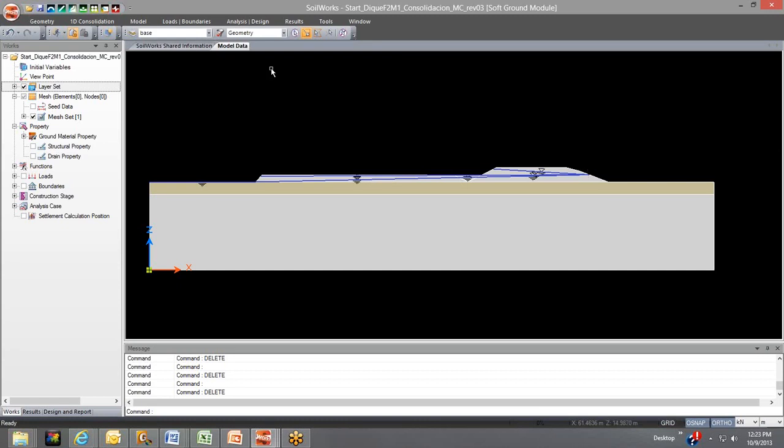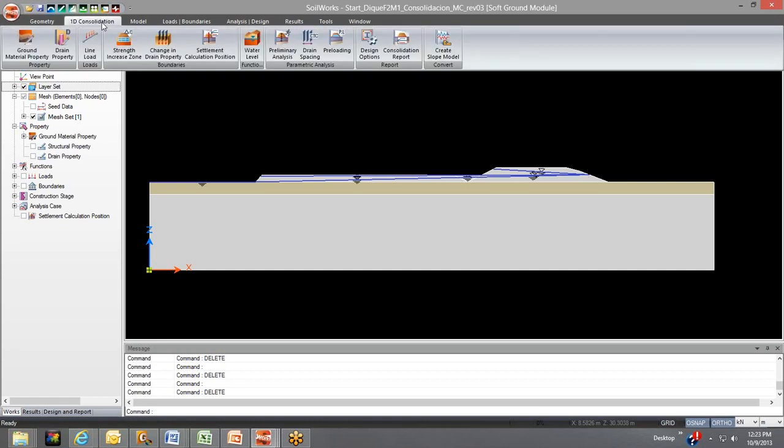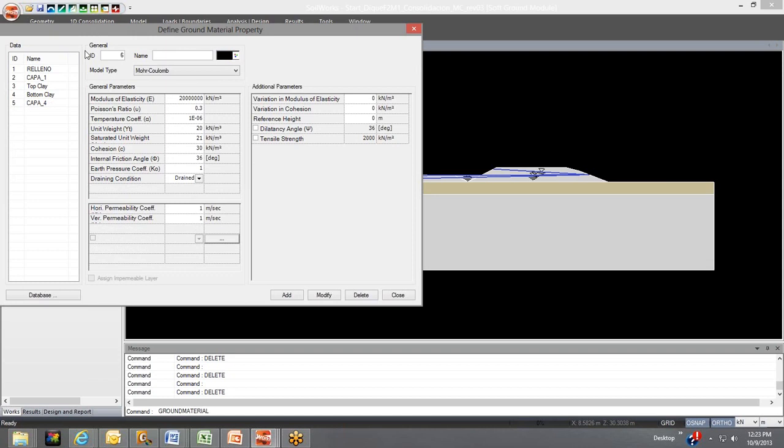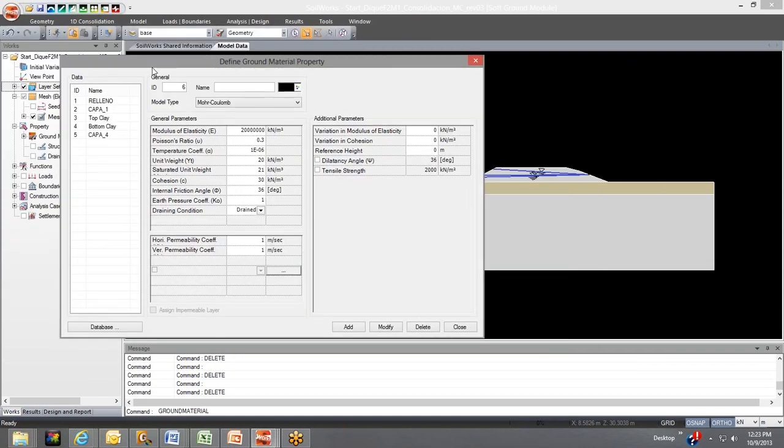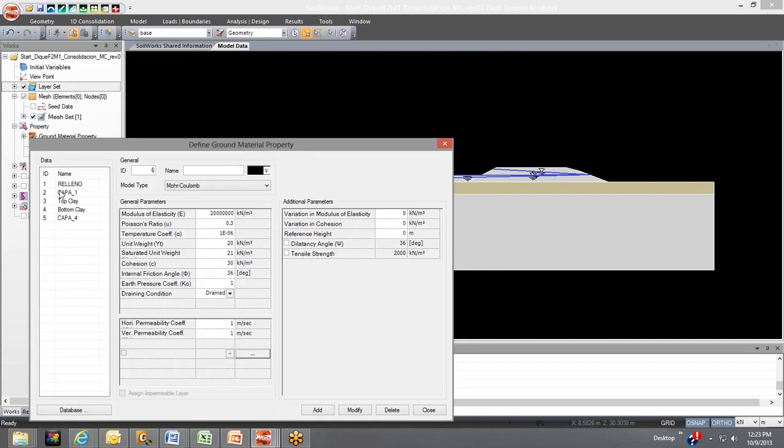To define material properties, first go to 1D consolidation and then go to ground material property. As you can see, I made a few adjustments to your material properties. I made a top clay layer and a bottom clay layer, and I'll get to those in a minute. But first, another thing I want to point out is that I understand that these two